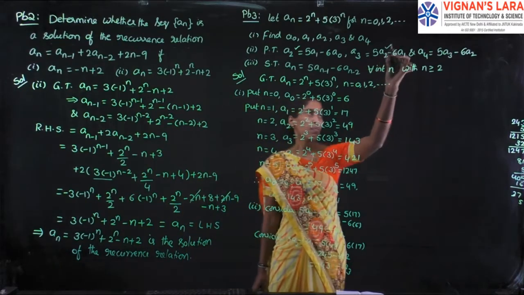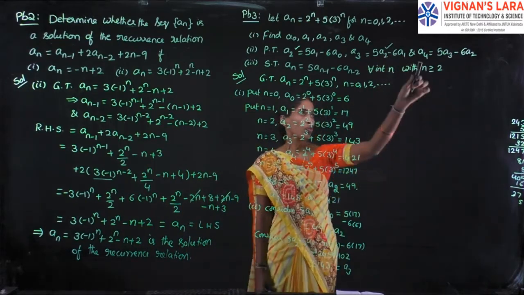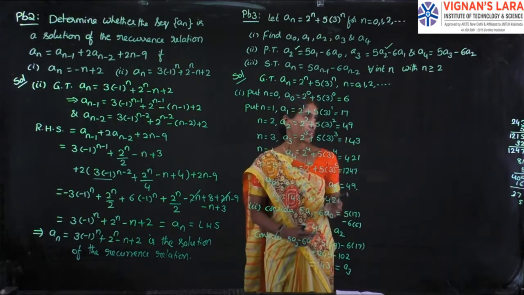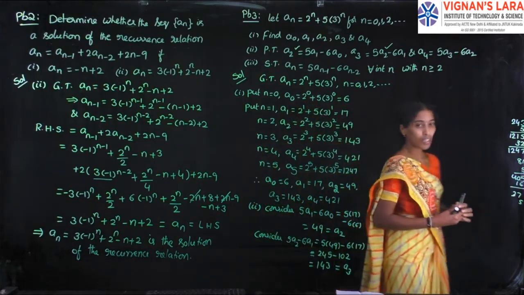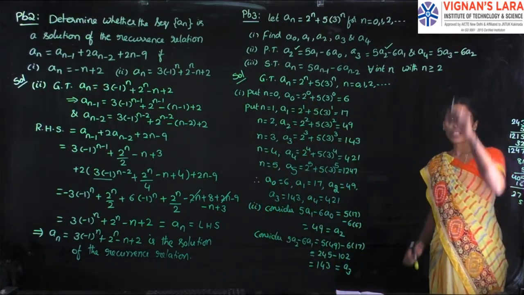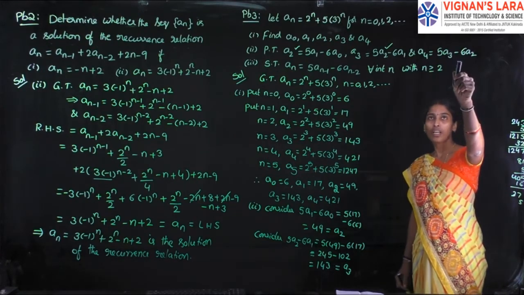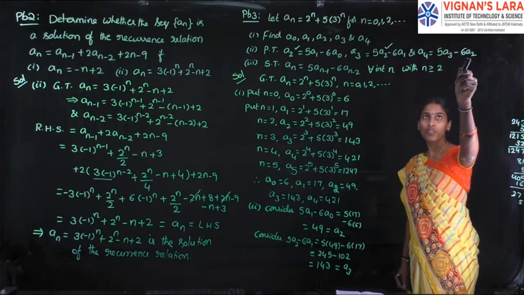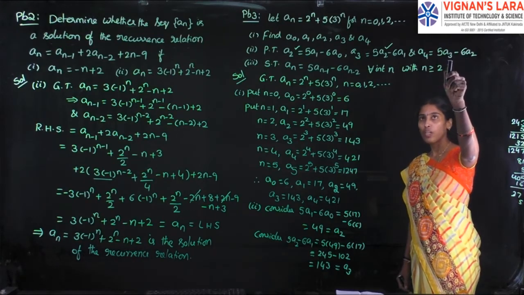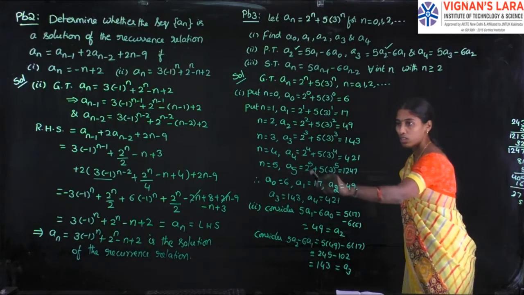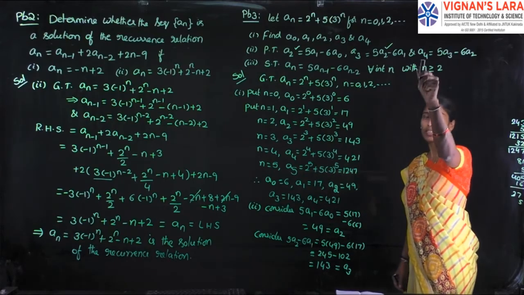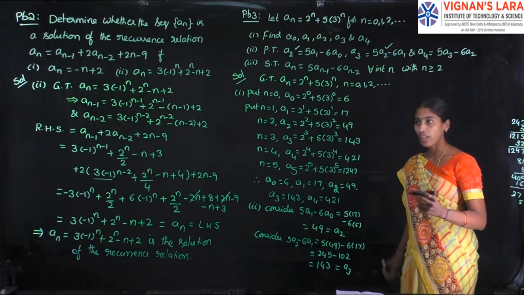So in the same manner, now you check a4 is equal to 5a3 minus 6a2 or not. Both are equal. In the same manner, consider RHS side and simplify it. Substitute the values of a2 and a3 here. You will get 421. It is nothing but a4 value, right?